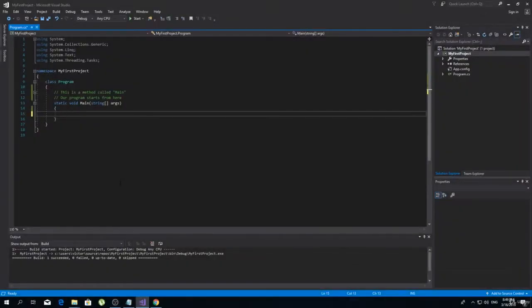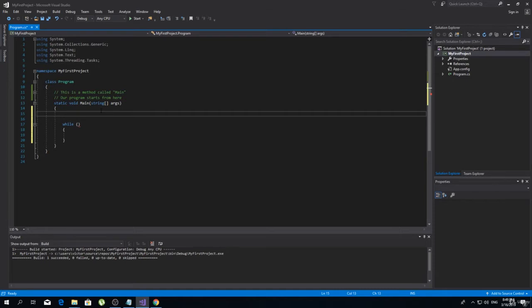Hello and welcome to this lesson where we are going to talk about while loops. Basically I want to show you the same thing that we did in the previous lesson, where I want to print the numbers from 0 to 100, but this time I'm going to use a while loop. So the syntax is like this: while, and here I'm going to put my condition. So let me first create a